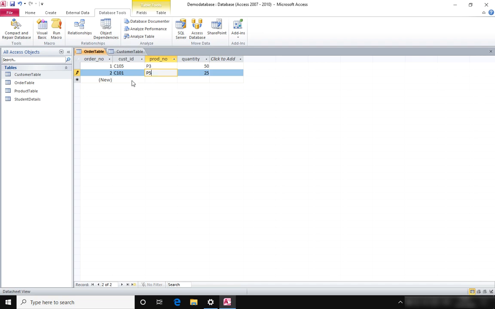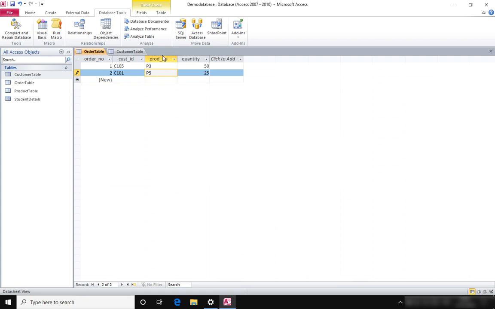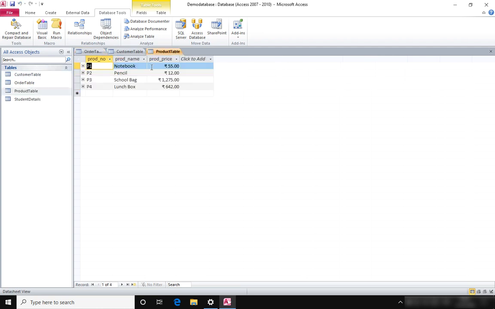When we try to move to the next record, it says you cannot add or change a record because a related record is required in the product table. So click on OK. From the product table we have the product number. Let's see what is there in the product table. Well, we have the product numbers from P1 to P4.